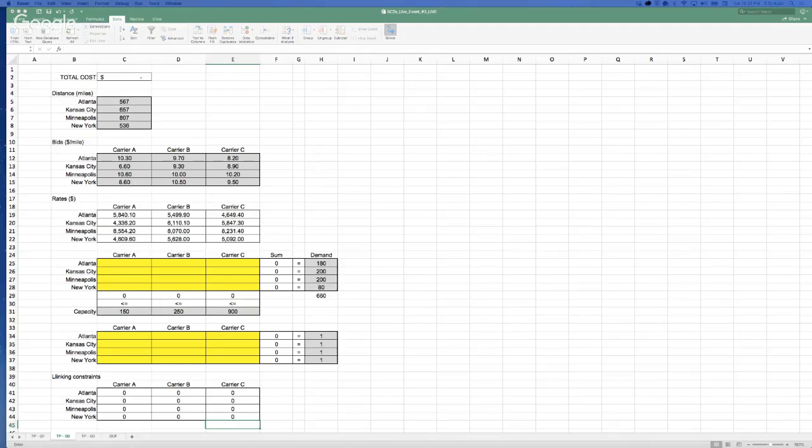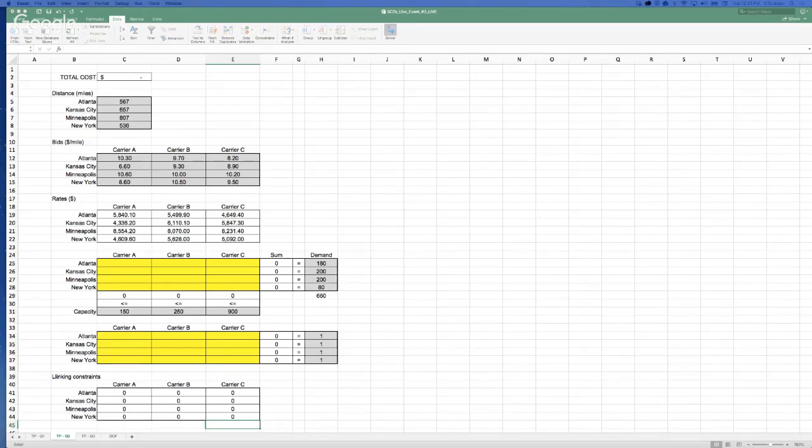Okay, so that's similar to what we had for question number 1, but now we need to add 3 additional constraints. The first one is that all my binary variables should be binary, actually, right? So I'm going to select all of the cells, and I have to make sure that they take a binary value.